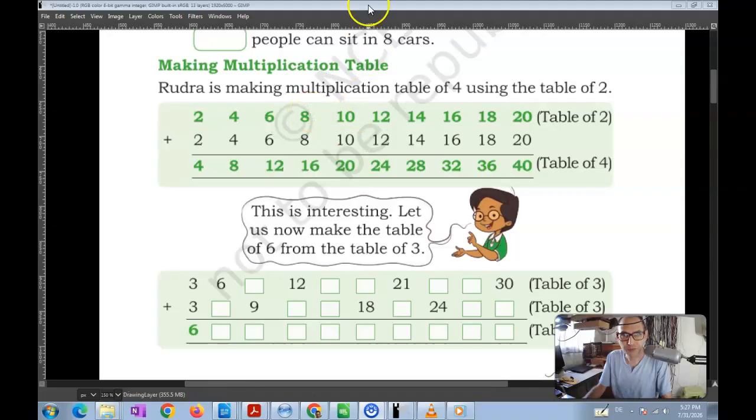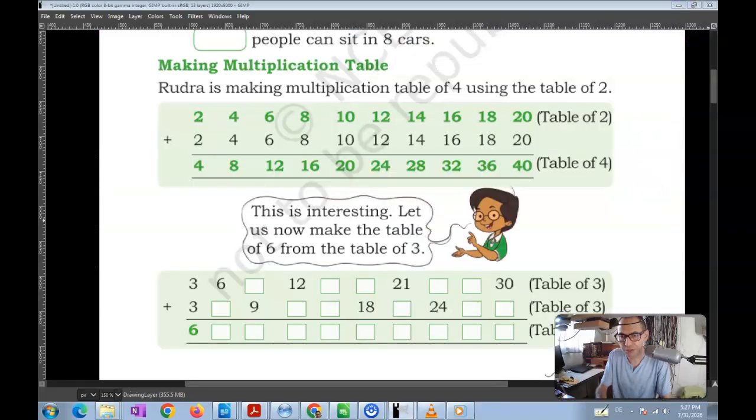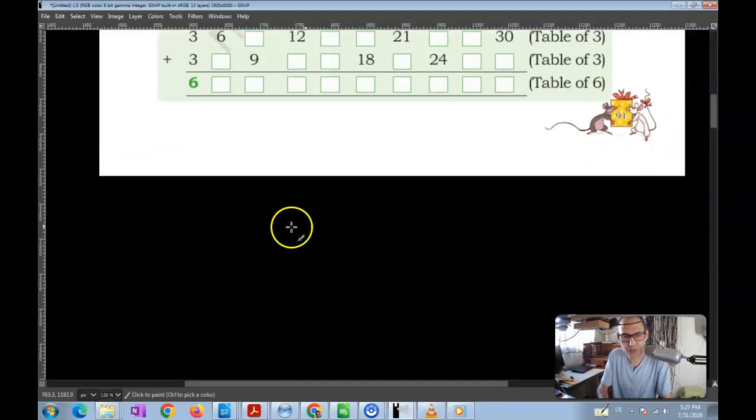Now in this video we will talk about the multiplication table for 4. So far we have done the multiplication tables of 2, 3, 5 and 10, and of course we need these multiplication tables for all the numbers, meaning for 2, 3, 4, 5,